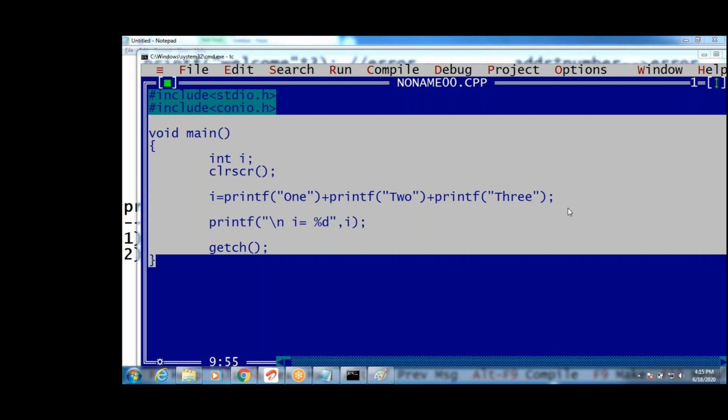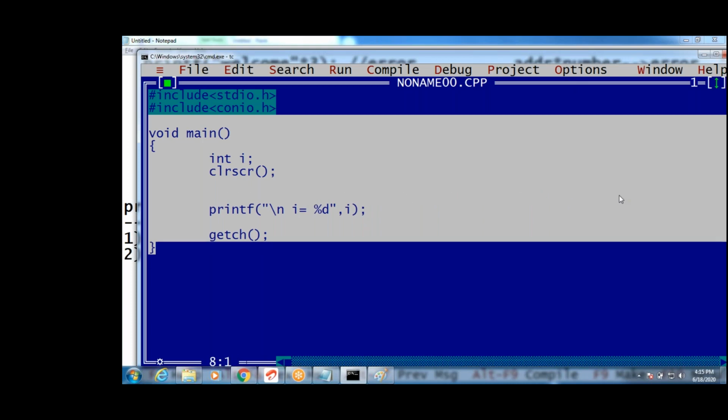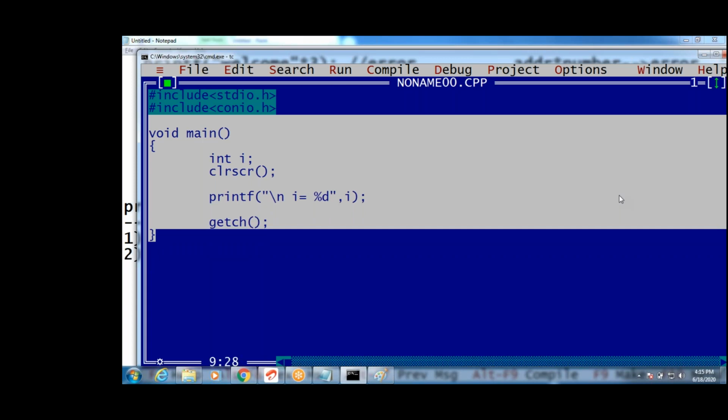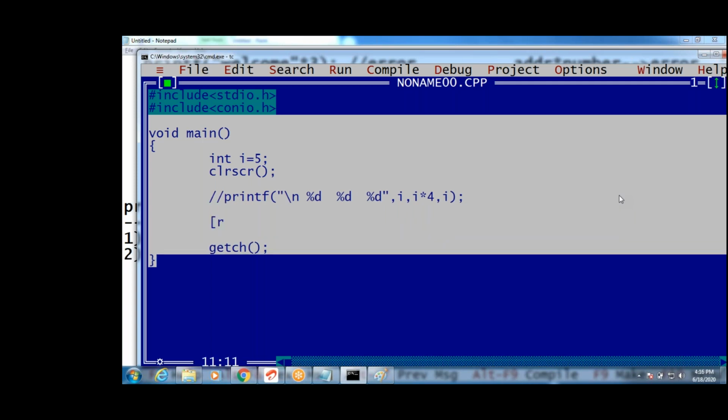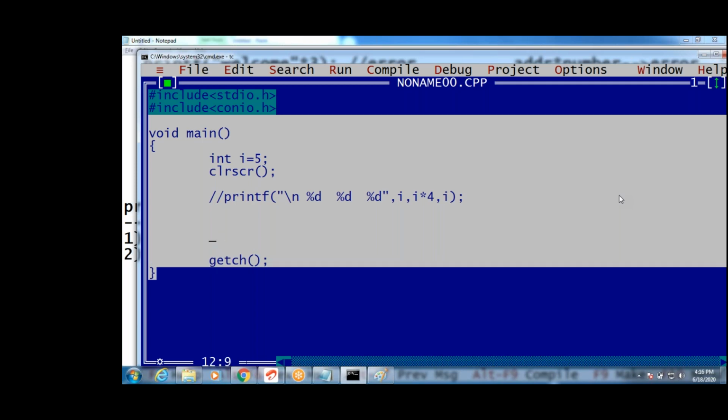Yeah, next one. See guys, if I write like this, it is one more property of printf that depends upon the compiler, and it will change guys. Now I am writing %d, %d, %d. These are different statements guys. This is i value, i, comma, i into 4, comma, i value. This i value is initially 5. Take i as 5. This is one statement. There is no relation with the second statement. This is another statement. We write the output for this guys.